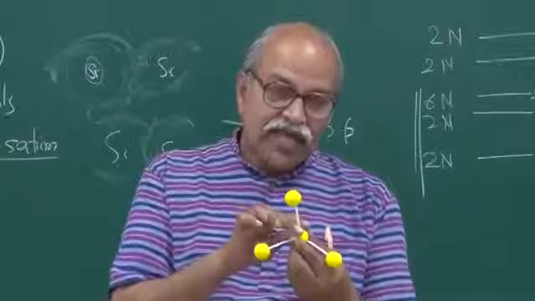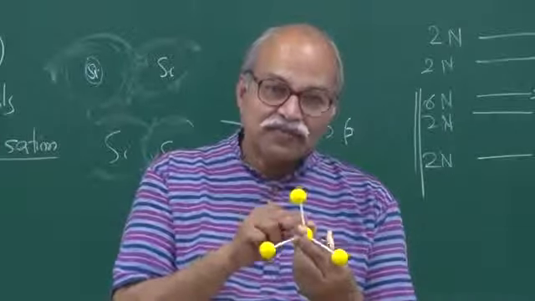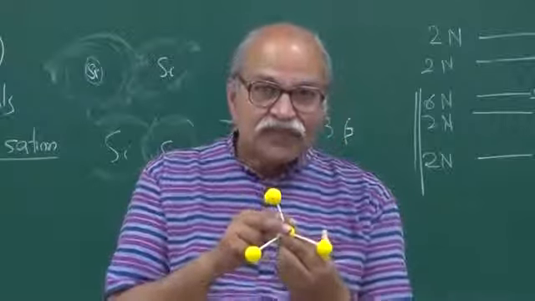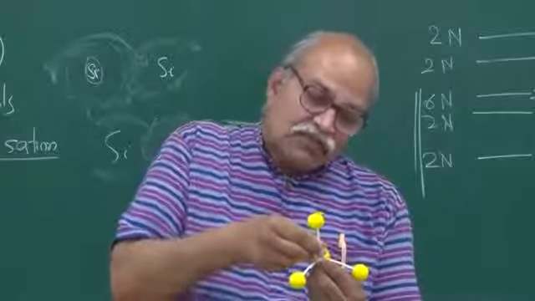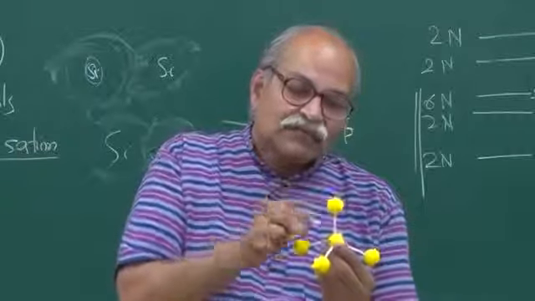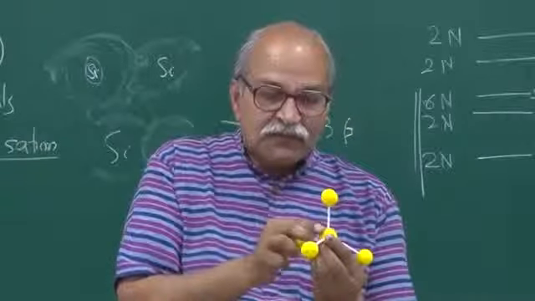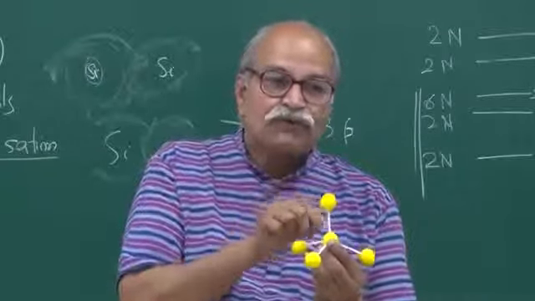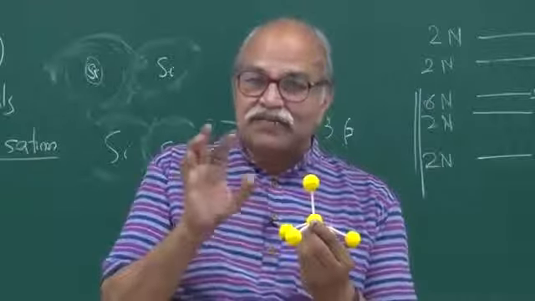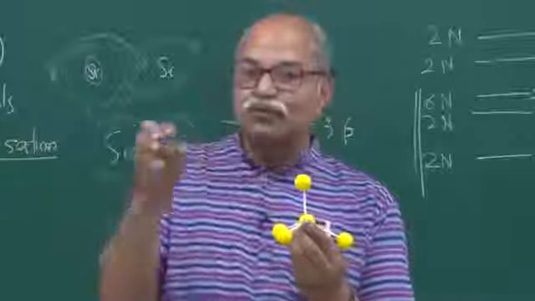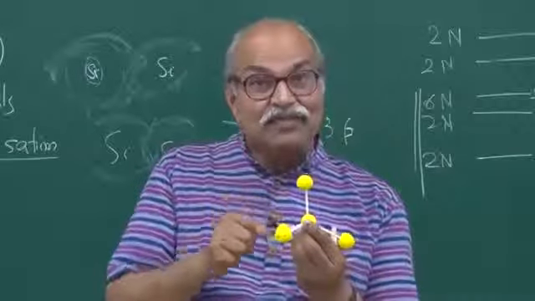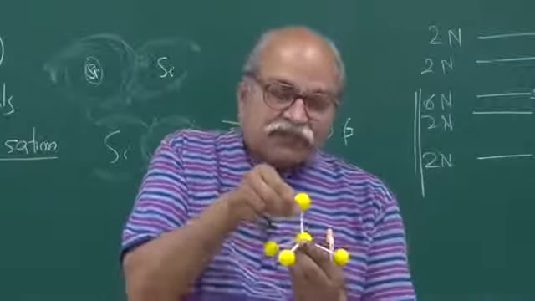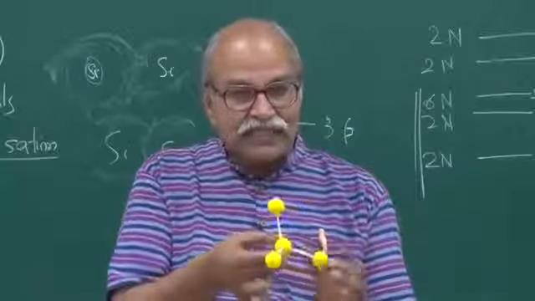So this has 4 sp3 electrons. And how are those sp3 electrons distributed? One sp3 electron, its wave function will be directed towards this one. Another sp3 electron, the wave function will be directed towards this one, towards this one, towards this one. So this is how the 4 will be distributed. If it is S, it is spherical. If it is P, it is 2 lobes. But this is not S, this is not P, this is sp3. So one electron is going like this, the wave function is like this. One electron, the wave function is like this, one is like this, and one is like this.